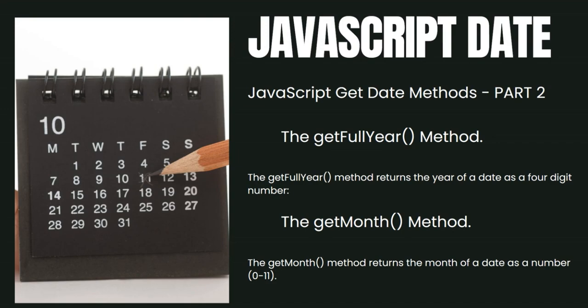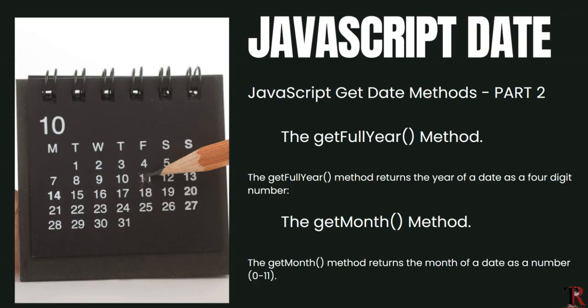So this lesson is a continuation of the getMonth method that returns the month of a date as a number. Remember that in the last lesson, it was shown unto us that 0 represents January and December is represented by 11 because counting starts from 0 in JavaScript, and then to get the correct month number, you must add one, which was a demonstration shown at the end of